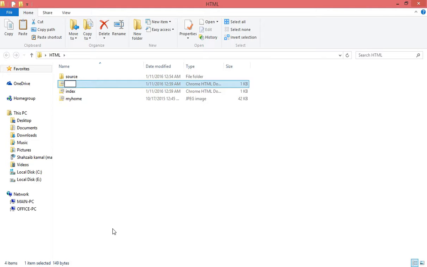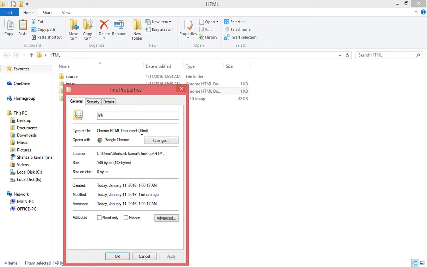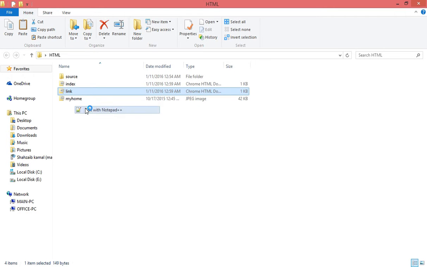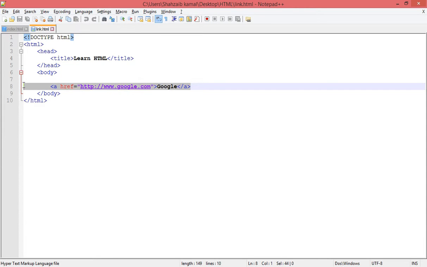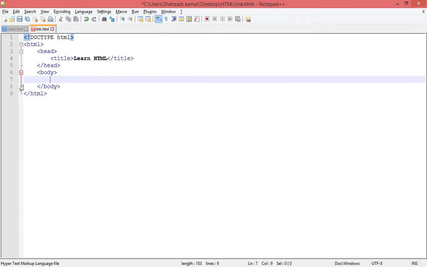file. So I'm just typing link. Now it's automatically an HTML file. If I go to the properties, you can see that the type of file is HTML. So let's open the link file, remove the old text, and type there, I think in the h2,